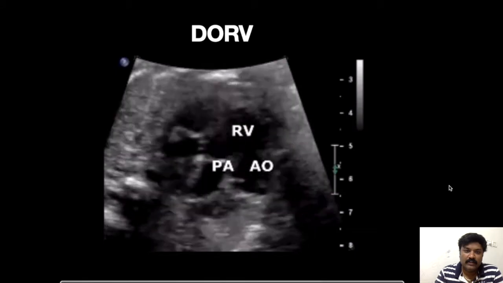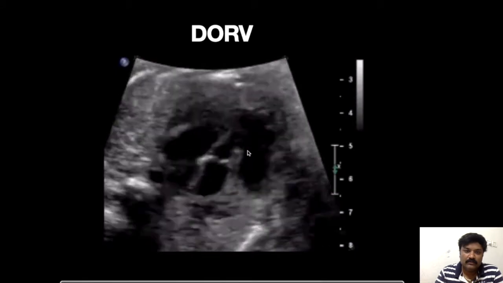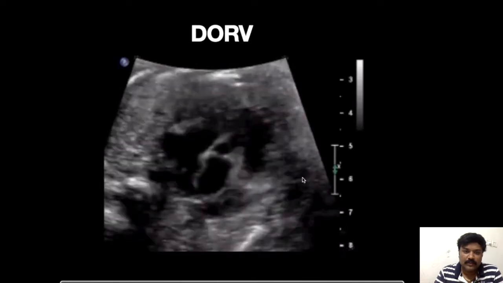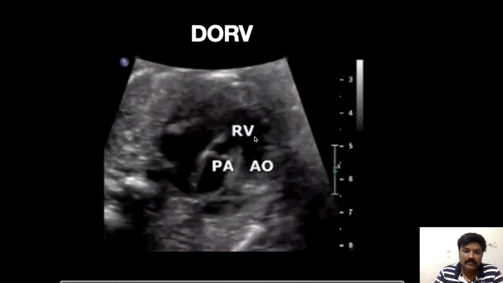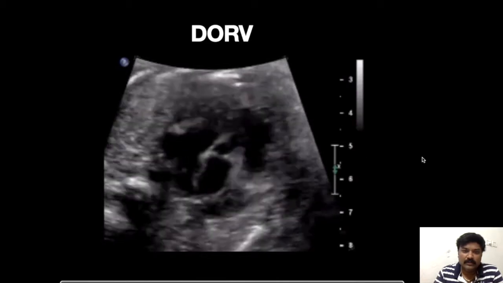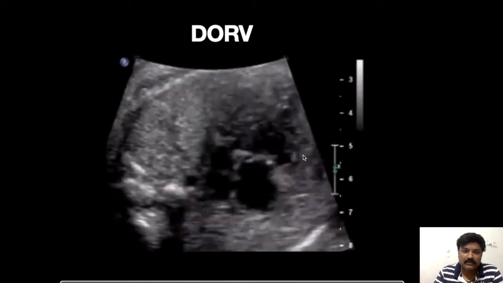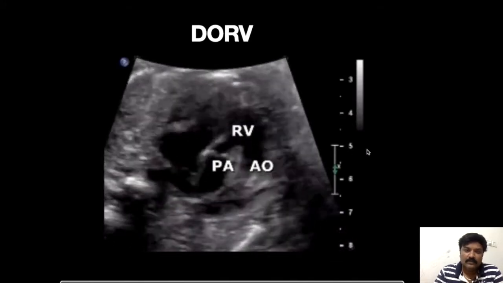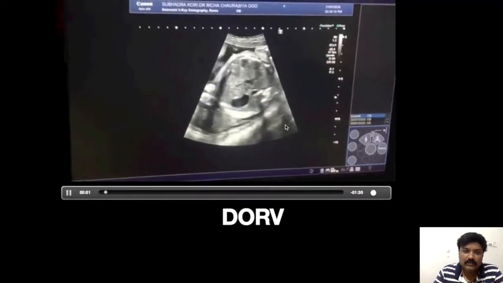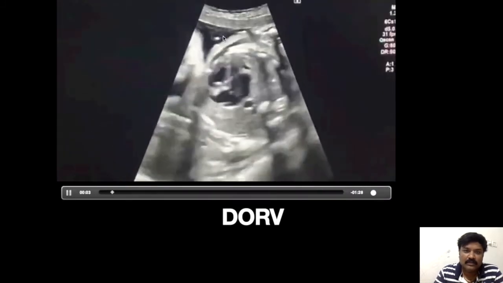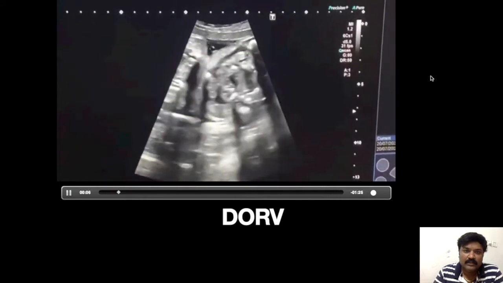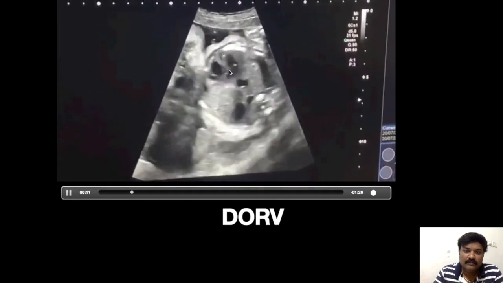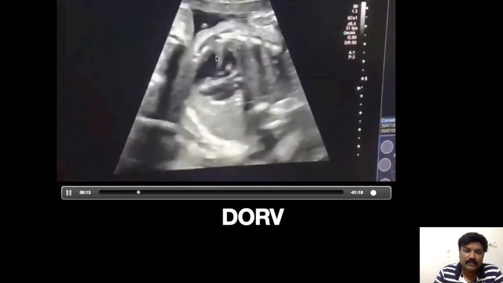In this case, we have the right ventricle giving rise to both pulmonary artery and aorta. Pulmonary artery and aorta arising from right ventricle is double outlet right ventricle. Sometimes there will be VSD communicating both ventricles. In this case, stomach on left side, cardiac apex towards right side, dextrocardia. There is a VSD in the membranous region. And this is the right ventricle due to presence of moderator band.